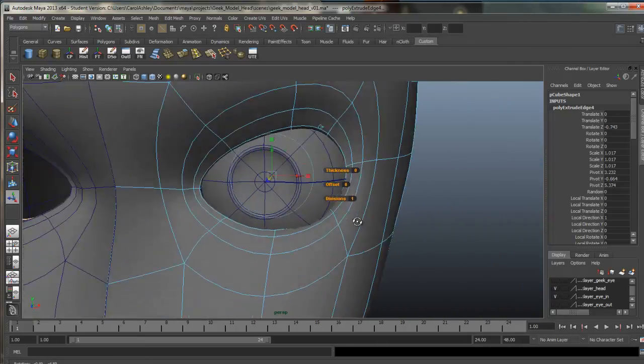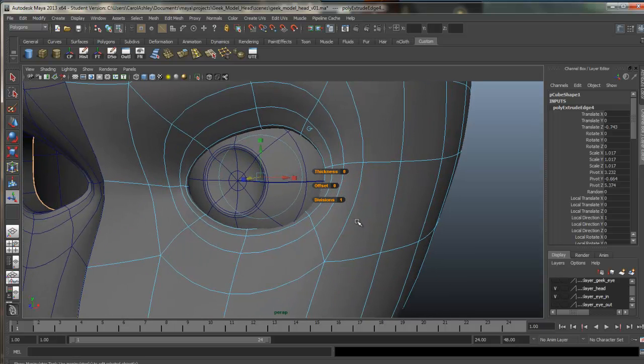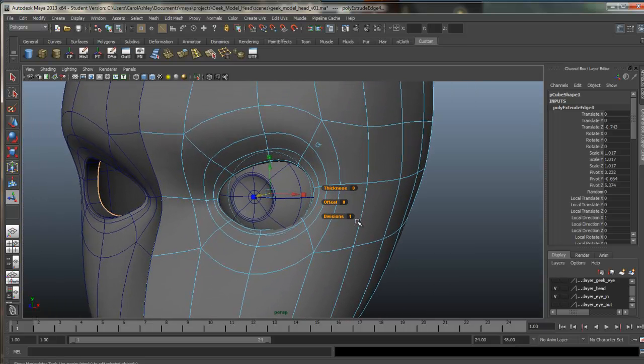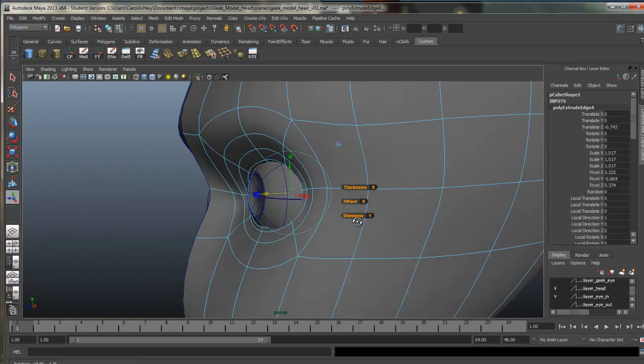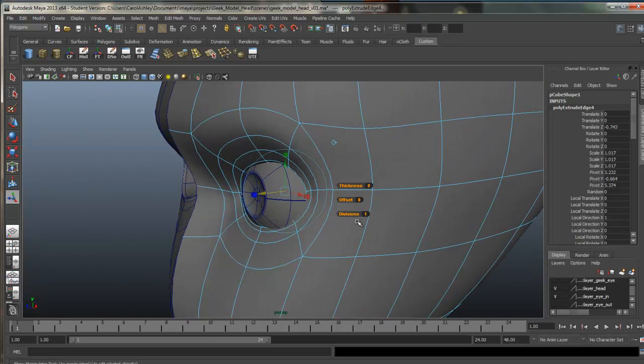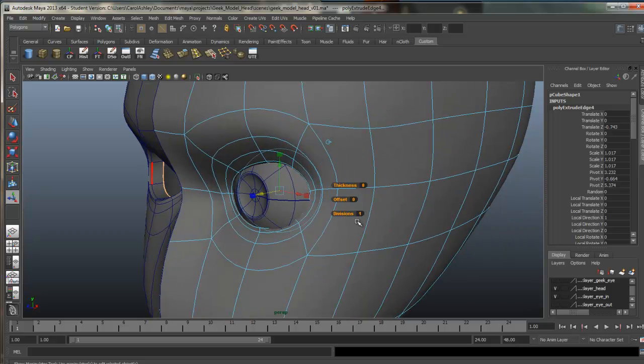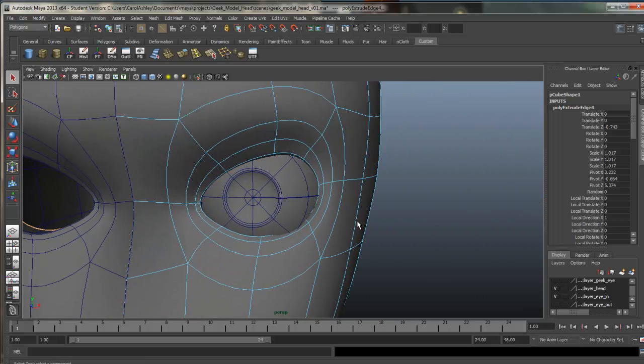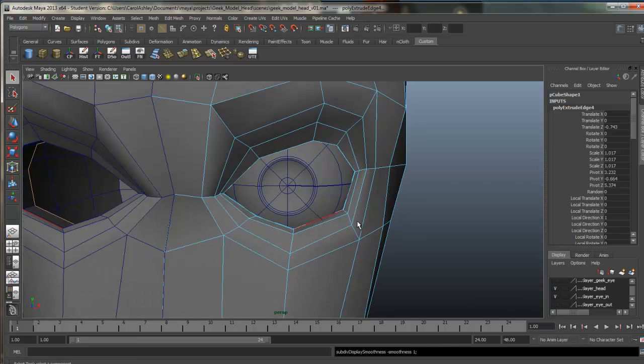Okay. So if we hit 3 on our keyboard, we can start to see how that is formed around the eye, and that's looking pretty good. We want to add some more detail around here, adding some wrinkles and defining the eyelids a little bit better, and possibly getting a smile line or crow's feet back in here. I'm going to hit Q on the keyboard. Come back to 1,